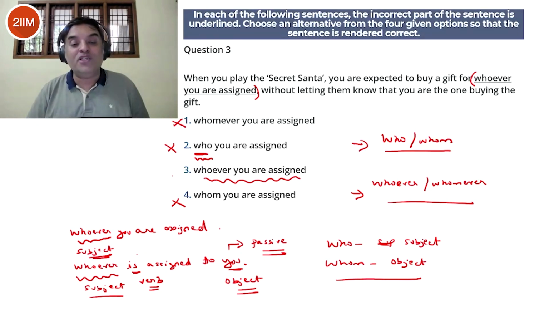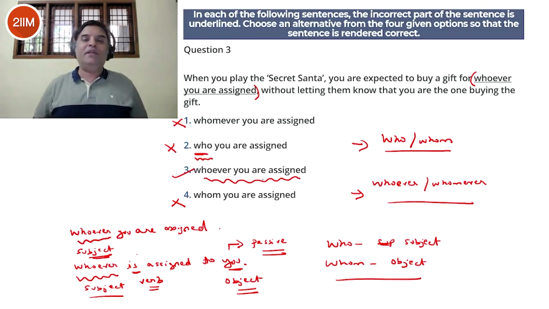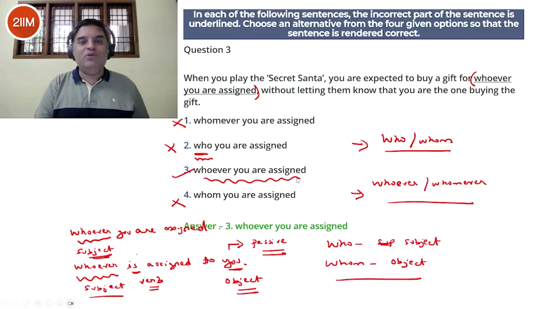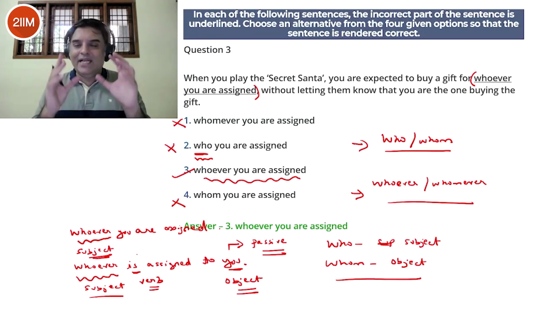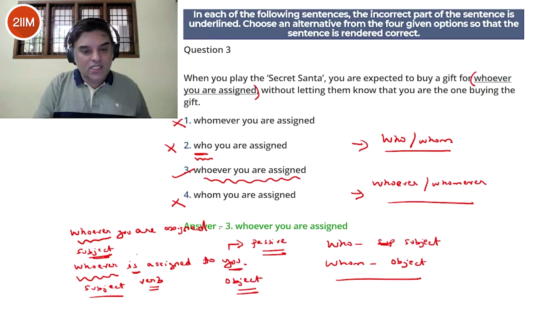And that's why we're using option 3, which is a copy of what has been given to you. Okay, very, very tricky question. I would say one of the trickiest grammar questions in this exam. A lot of students would have made a mistake and picked whomever. Okay, but no, this is a subject. And remember to consider the clause independently.